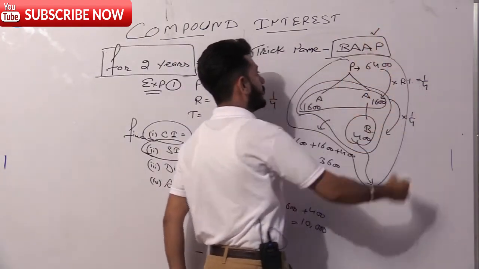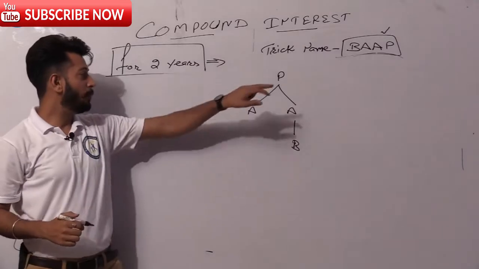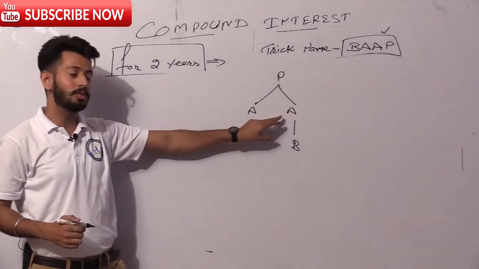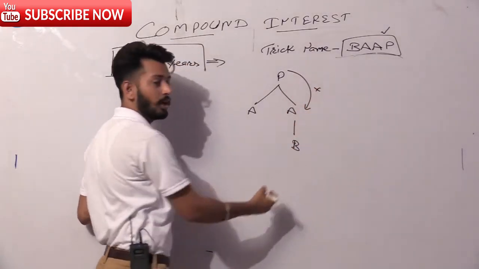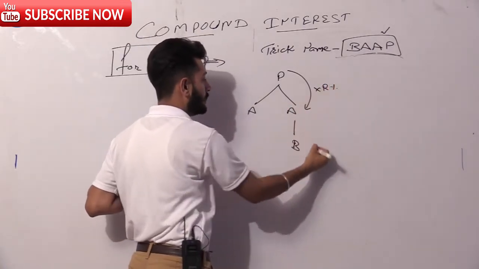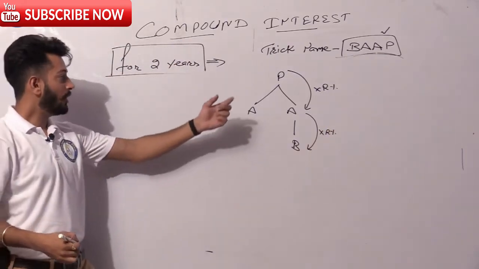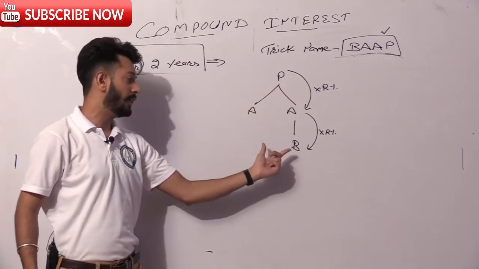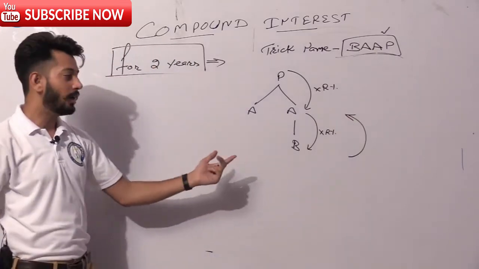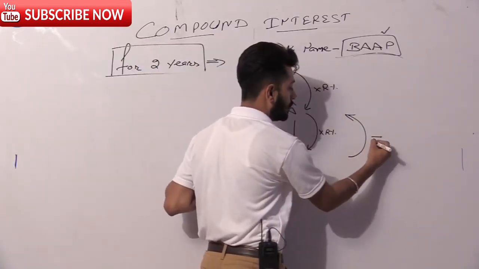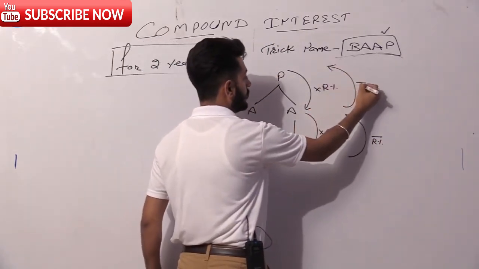We can learn the diagram by simply remembering a word, which is BAP. In case the value of P is given and we are asked to calculate the value of SI and CI, we have to move downward in the diagram. While moving downward, we have to multiply with R percent. In the next step, we will again multiply with R percent. But in some cases, we have to find the value of P and the values of SI and CI will be given. In that case, we have to move upward in the diagram. While moving upward, we have to divide the value by R percent. Again moving one step upward, we have to again divide by R percent.